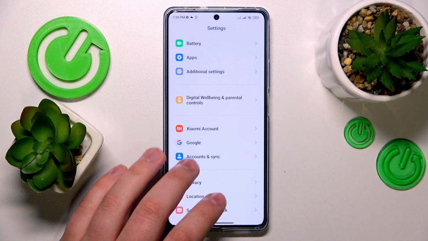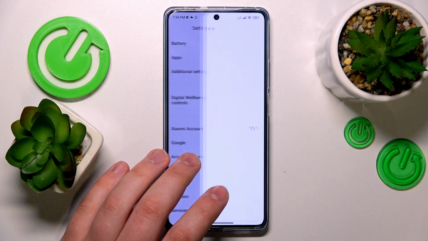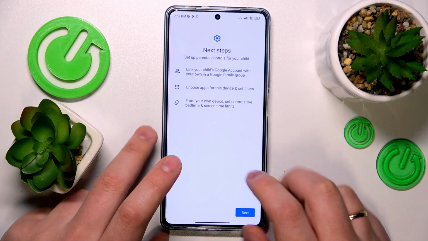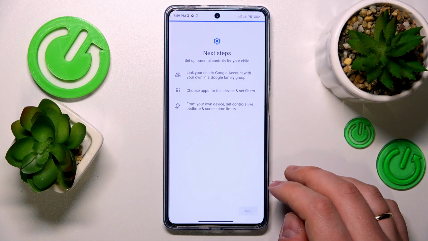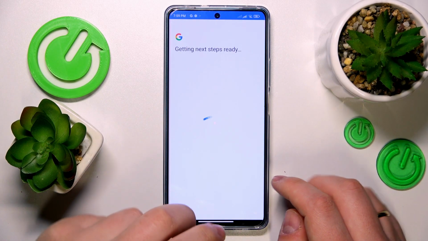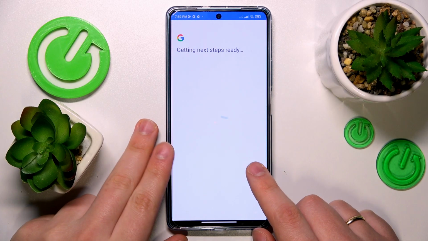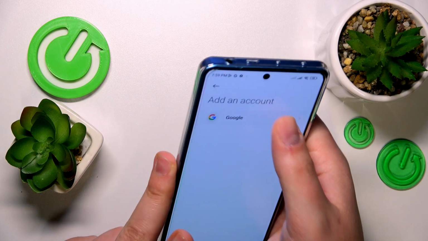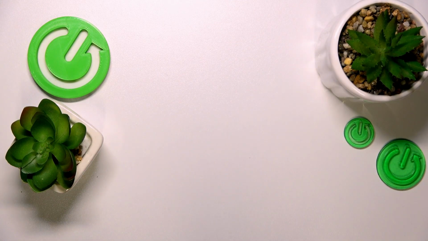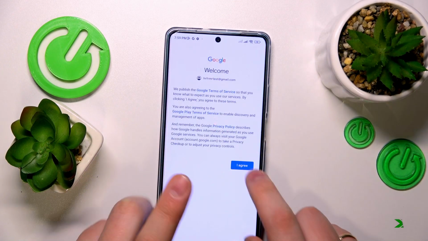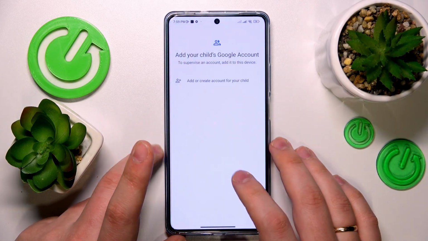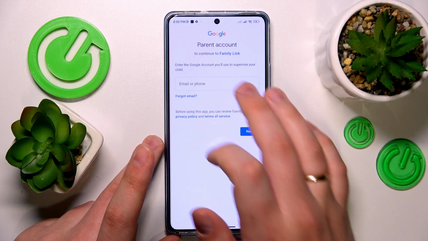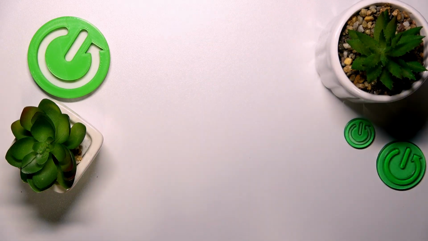Then get back to the main settings page, enter the Google category this time, onwards go for the parental controls, get started, child or teen, next. Now log into your child's Google account. Once the account was successfully signed into, select it from the list over here and enter the credentials for another